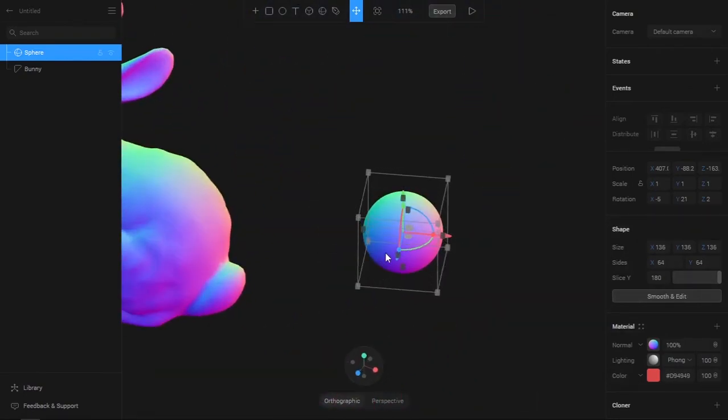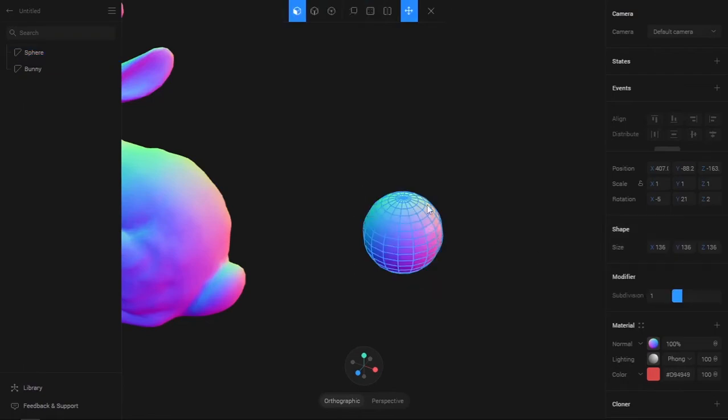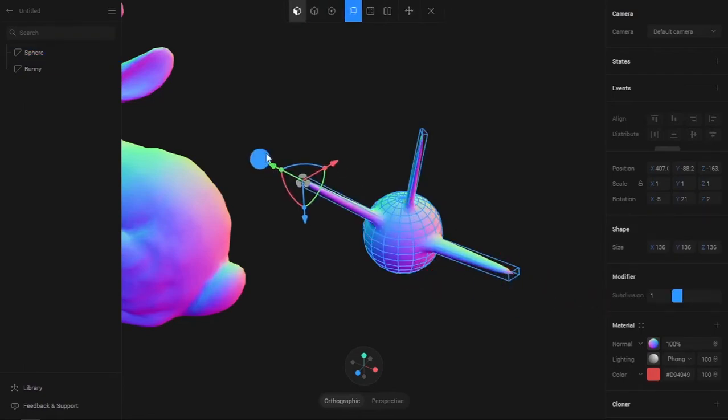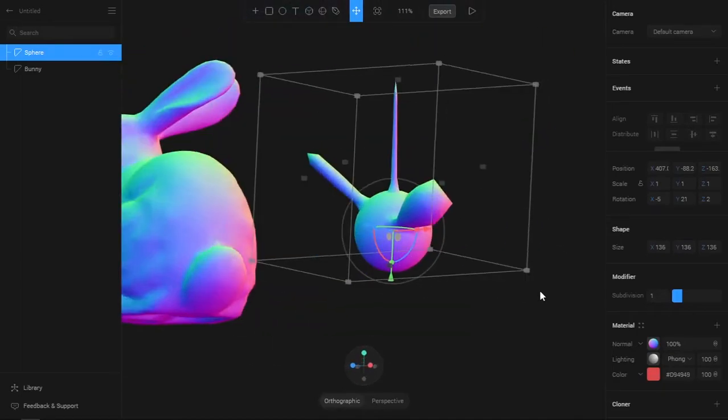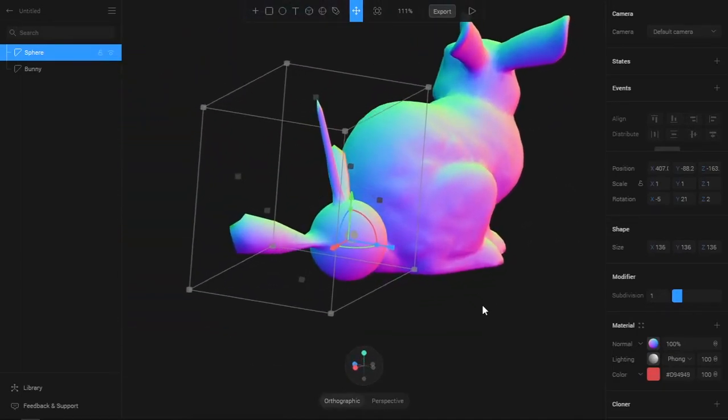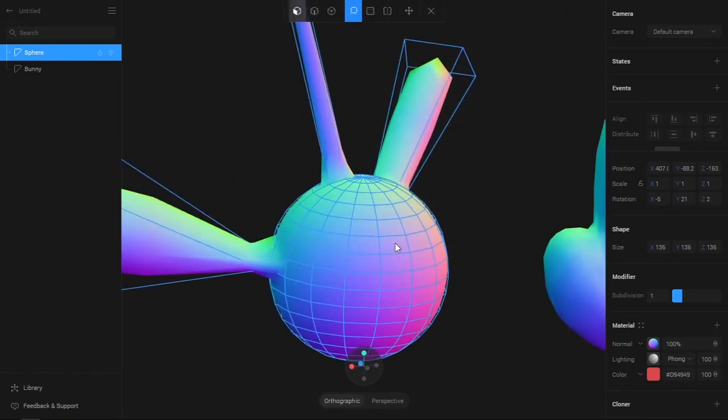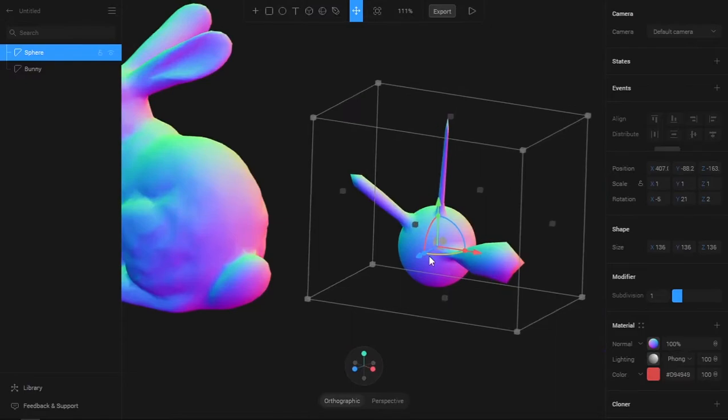So the blue is the z-axis, the red is the x-axis, and the green is the y-axis. If I just edit this using the extrude, you can see how the object looks even without lighting, and you can pretty much find out where there are bumps. If I just push it in here, you can see that there is a dent in here. So that is for the normal.